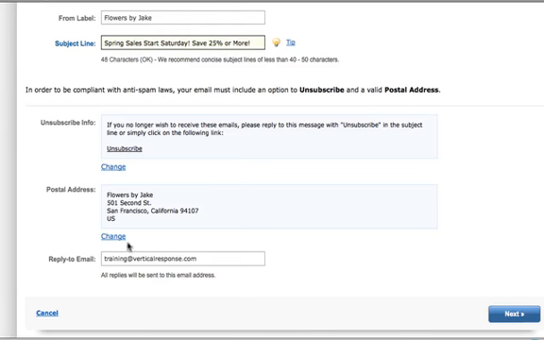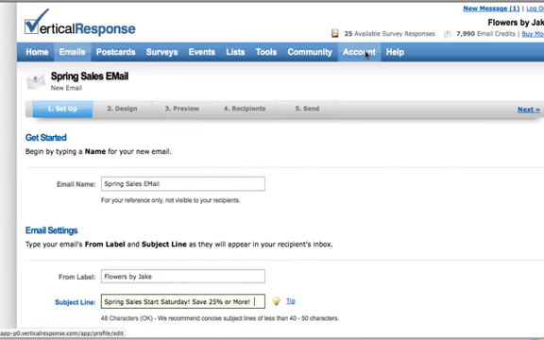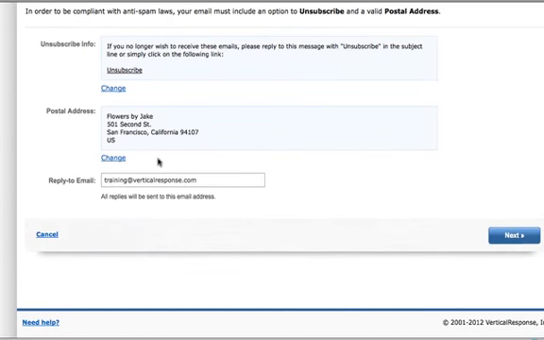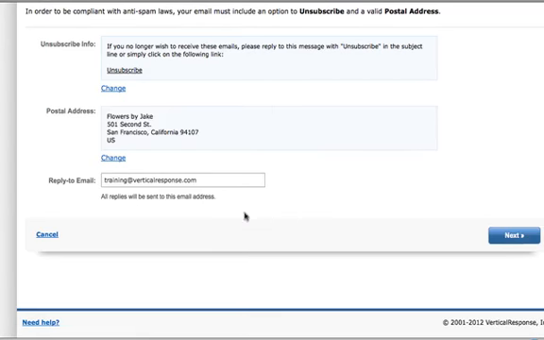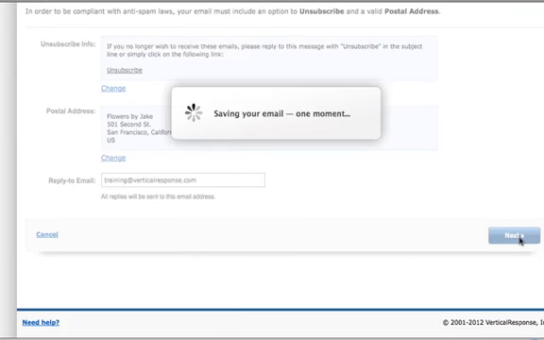This is filled in for me already, again, because I have that under the account section. If you don't have it filled in there, you'll need to fill this in every time you send out your email. And the bottom of the page is a reply to email address, and this is where any responses to your email are going to be sent. So make sure this is going to someone who's more than happy to answer any questions that could come up from your email. Clicking Next will allow you to select which email